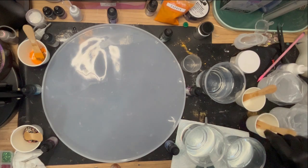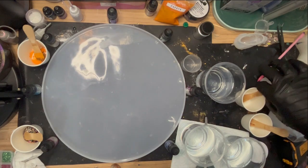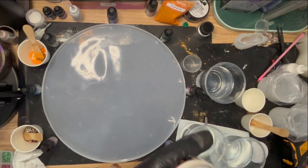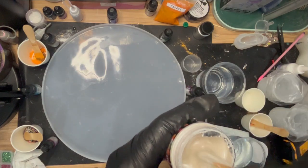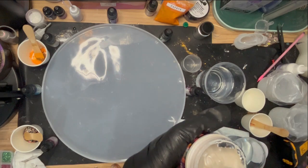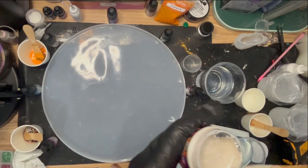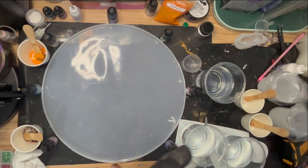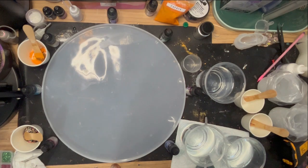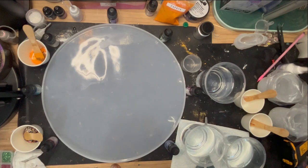And then these two, as I say, I'm going to try and test this metallic paste. Probably shouldn't be doing it on a project of this size, because if it does blob everywhere, it's going to be a complete waste. But I just think that will give us a different texture to some of those inner petals. And again, this is a paste, but they're all mica based, so you've got to be conscious not to put too much in. If you put too much in, then you will get blobs. There's no ifs and no buts, because the surface of the resin, no matter what temperature you're at, unless it's cured, will not be able to withstand the